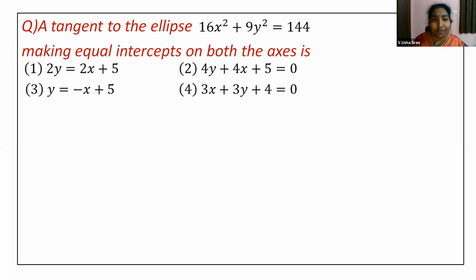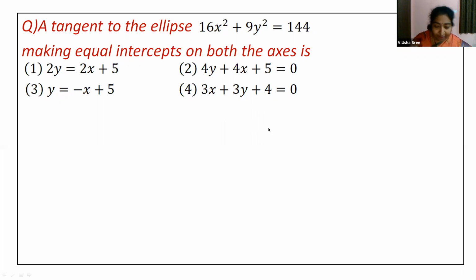Now, when you write a straight line equation in the intercept form, x/a + y/b = 1, x intercept and y intercept, you remember, children? Now, here he says both the intercepts are equal. That means the values of a and b should be equal. Now, by looking at these equations, almost all equations have the same intercepts. Then what should be our choice?